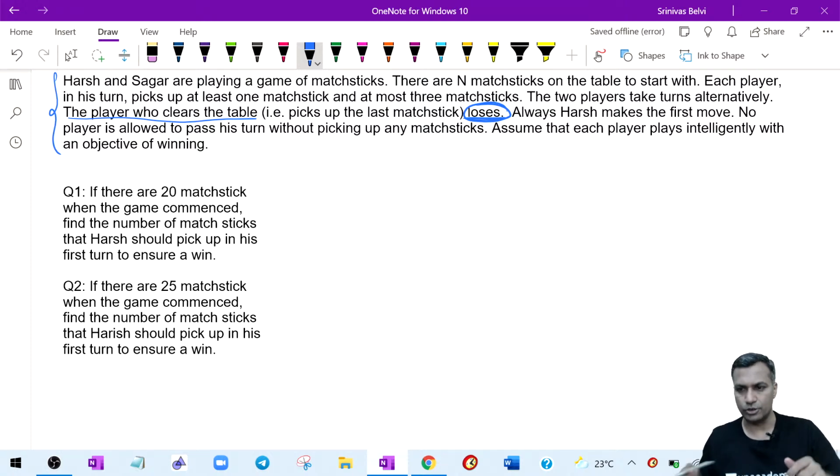Yes, let's quickly go there. As you understood, you can establish the same relationship. So what is happening this time? Let's understand this. Then we will summarize, and then we will go to the CAT set. There is Harsh and there is Sagar. So let's say the matchsticks are